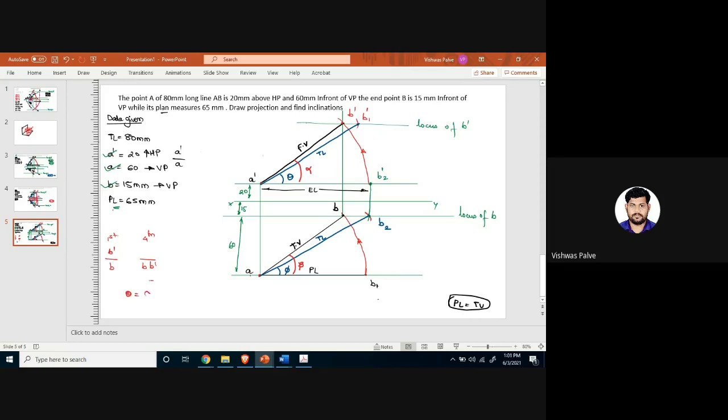Theta is equal to how much? Phi is equal to how much? Alpha is equal to how much? And beta is equal to how much? You can get all the angles, and you have to measure them and note them down. Is that clear? So in this, what happened? The point B, instead of being below point A, has been above. It means it is closer to the XY line. Only that much change is there, but still the line is lying in the first quadrant. So this was the 4th problem of today's lecture, and let me stop here.